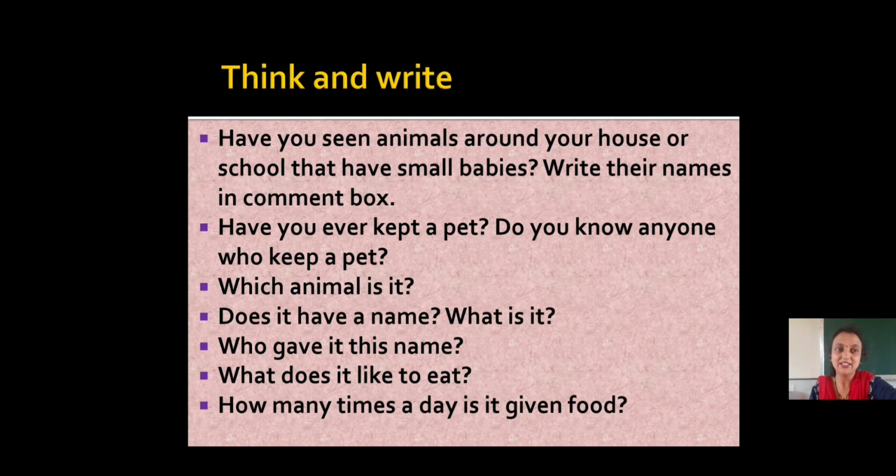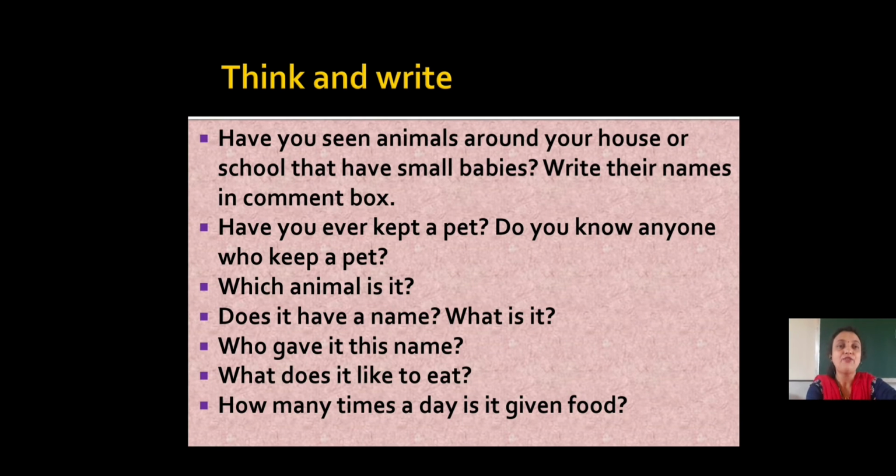So write your answer. See, squirrel has ears also and squirrel has hairs also on the body. So what it gives us, it lays eggs or it gives birth to the young ones? Exactly, as it is having hair and ear on the body, squirrel give birth to the young ones.